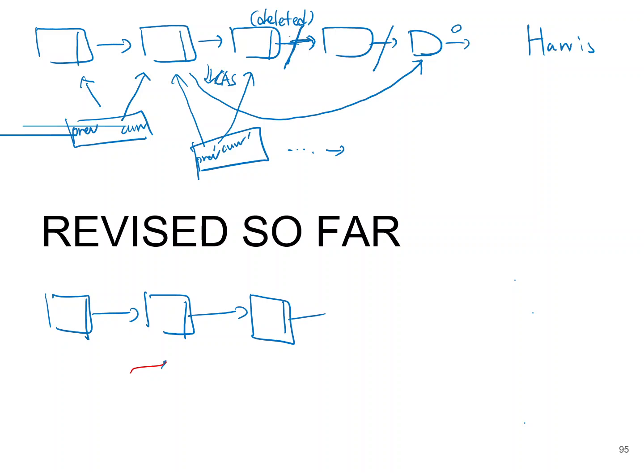What it does is that if this is logically deleted, then you're going to just fix the previous link from this to this, always. You're not going to update multiple nodes at the same time. You are only fixing one node. You are deleting only one logically deleted node physically. Only one is physically deleted by a single fix, by a CAS of the previous pointer from this node to